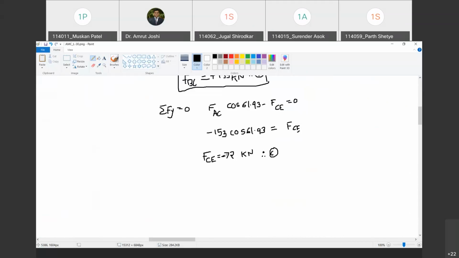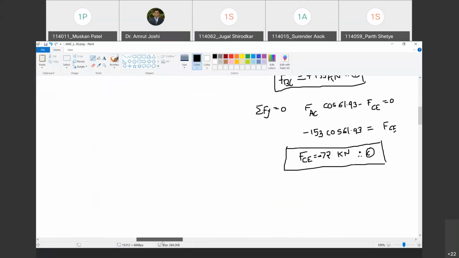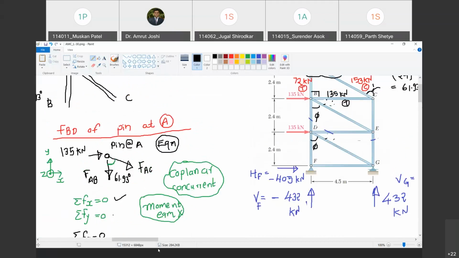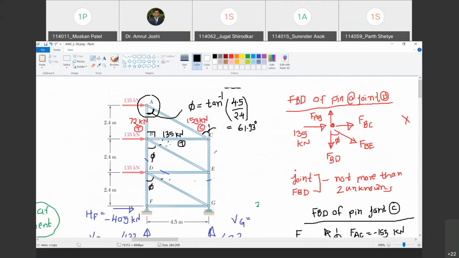One point to note while reporting the answer, don't miss this word 'therefore'. Because if you simply write minus 72 kilonewton compressive, it means negation of negation, meaning tension. Are you with me? Yes, sir. Negation of negation becomes assertion. So minus 72 kilonewton, as it is minus, therefore compressive. Therefore the sign should not be missed. Chalo. So FCE is equal to minus 72 kilonewton or 72 kilonewton compressive. Let me report that in this diagram. This is 72 kilonewton. Happy? Yes, sir. And compressive. Reported.